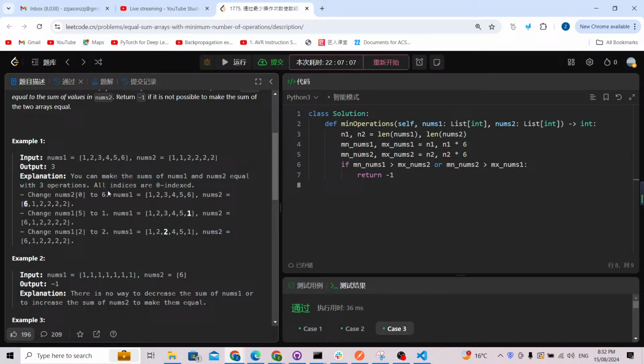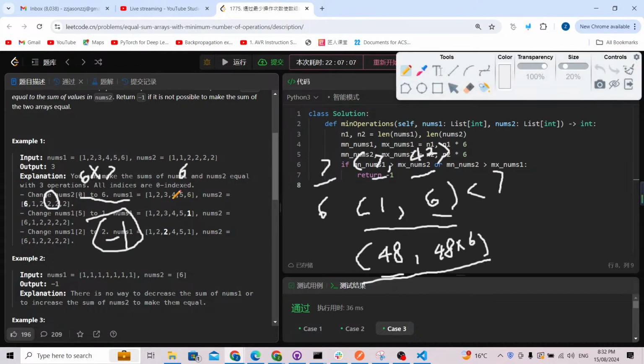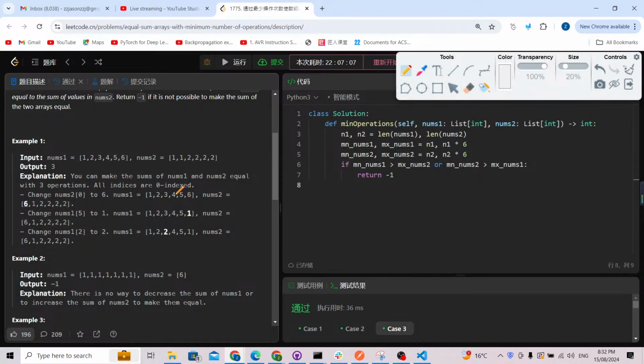So this is the greedy idea. We always want to change as much as we like. So for example, there are numbers inside nums 1 and nums 2. And first of all, we want to check the difference of nums 1 and nums 2. So for example, in this example, the sum of nums 2 is 10, and the sum of nums 1 is